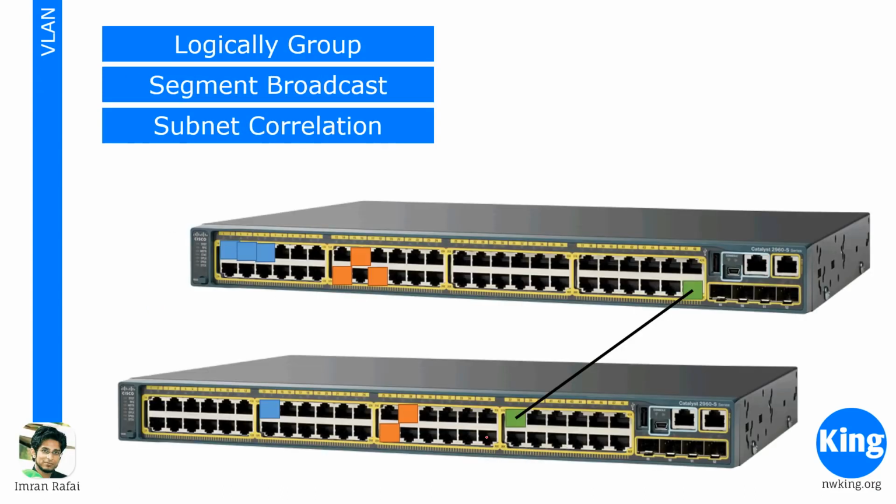So what do we do? We make use of a concept called VLAN, or virtual LAN. Now, to put it very simply, VLAN means breaking down this large 48 port switch into smaller switches, right? That's what VLAN does. I think the easy way to think of it is like a subnet. We know subnet. We took a large network and broke it down into smaller networks. VLAN is something similar. We're taking this large 48 port switch and breaking it into smaller